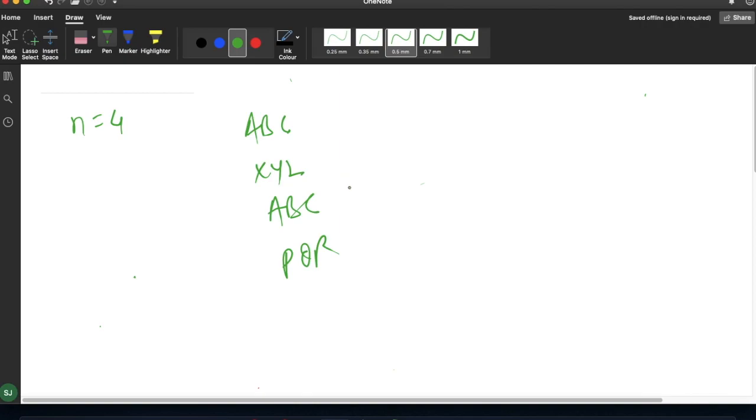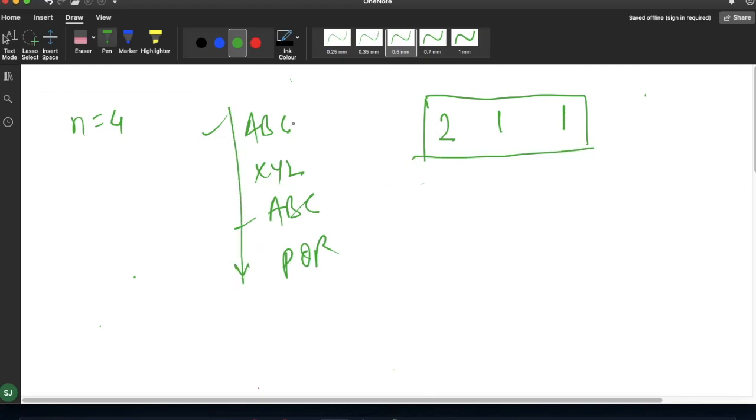So they are saying that we have to print the total occurrences of the words. For example, the occurrences of ABC is 2, so we have to print 2, and for XYZ we have 1, and for PQR we have 1. So we have to print the output in the manner in which the input has occurred. You can see here for ABC we have printed 2 as ABC has occurred twice, but ABC is also present at the very first, and for XYZ we are printing 1, and for PQR we are printing 1. So the output should be in the same order in which we have entered the input.